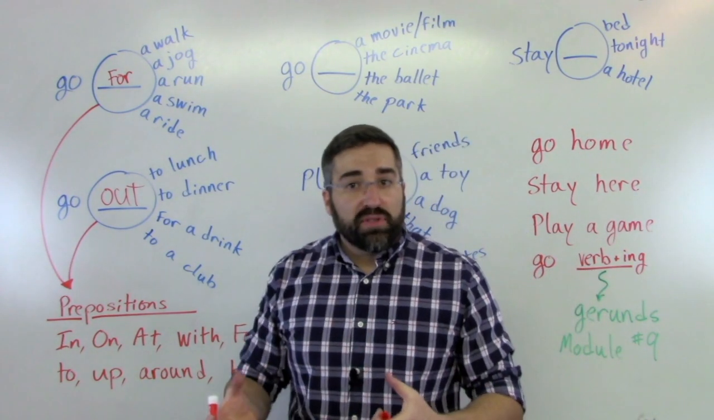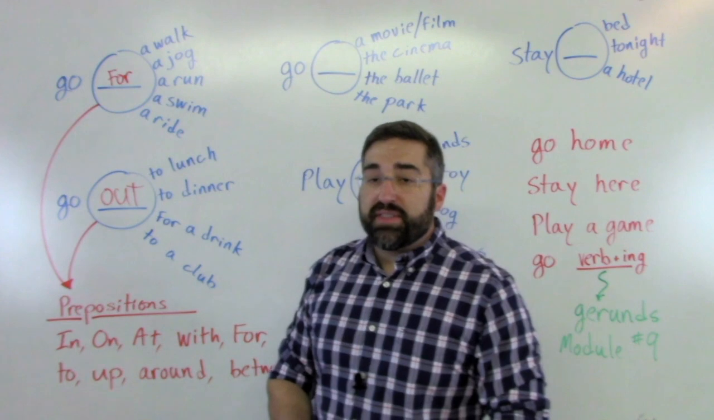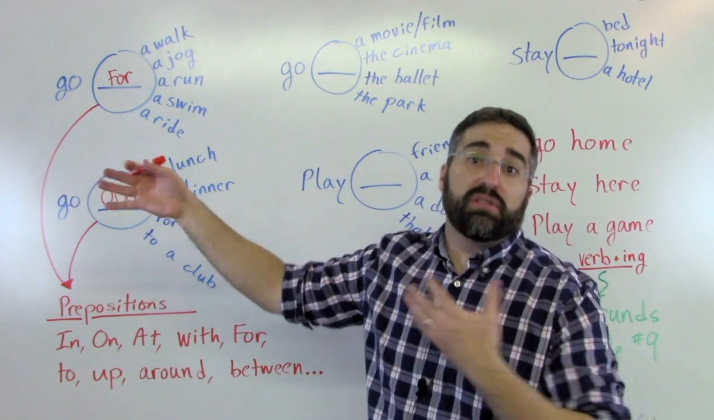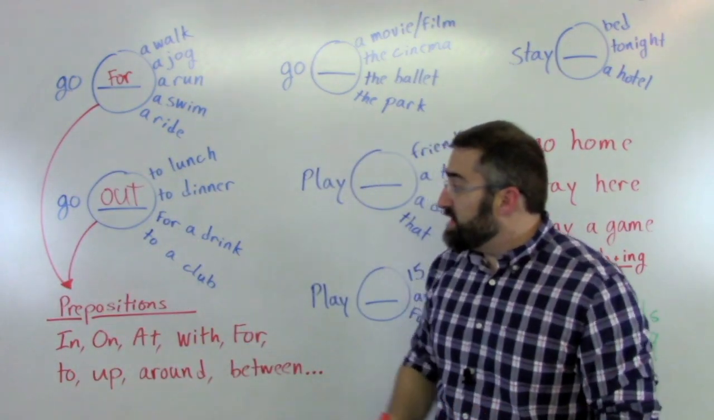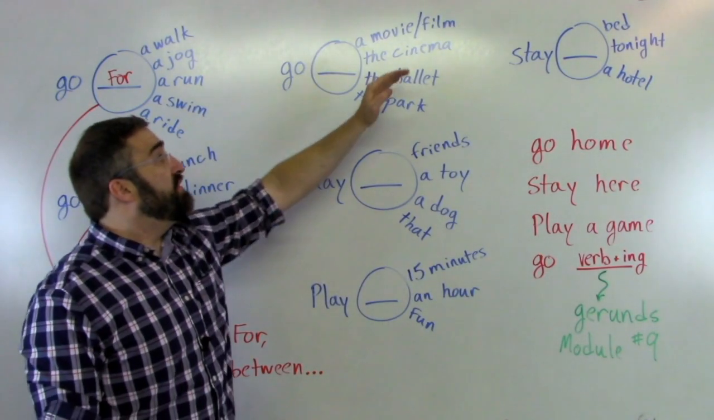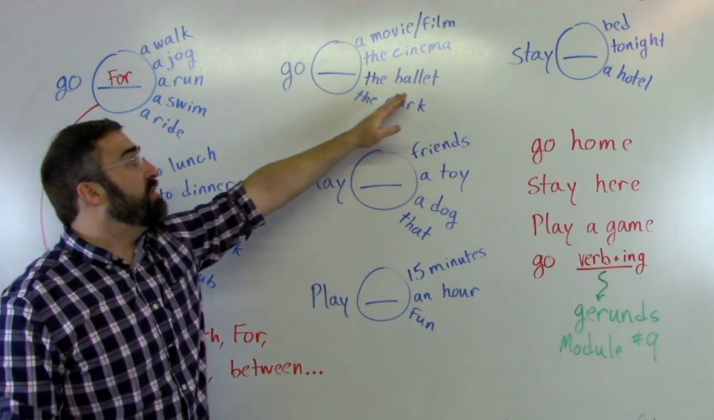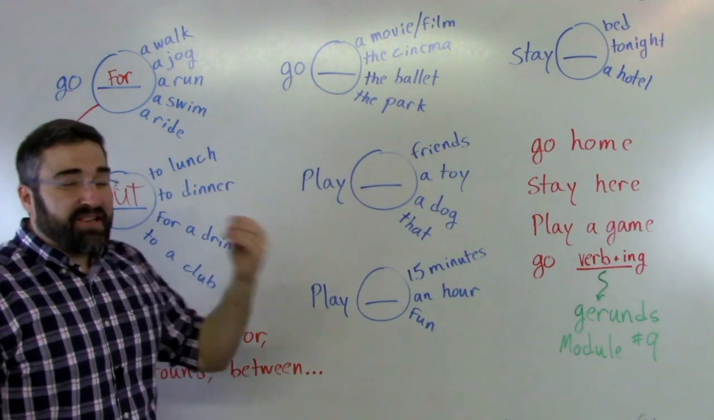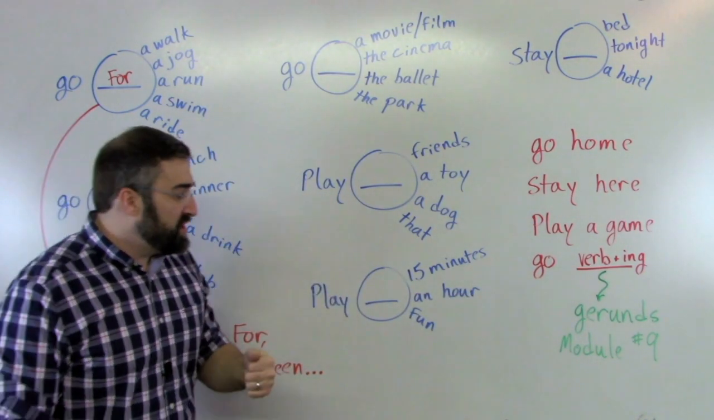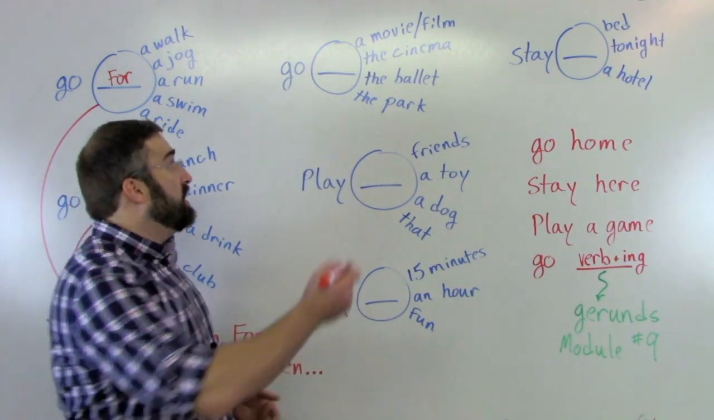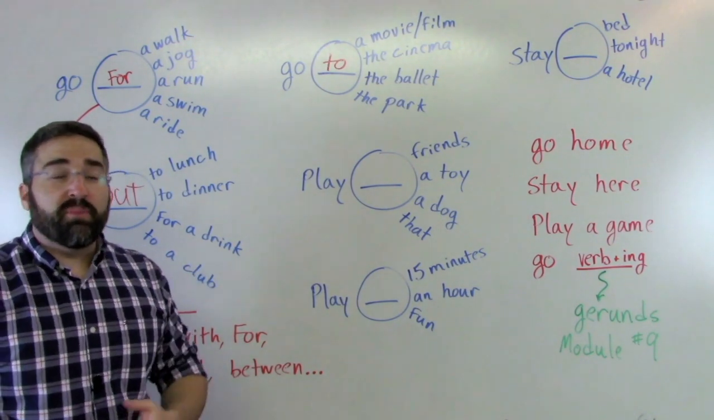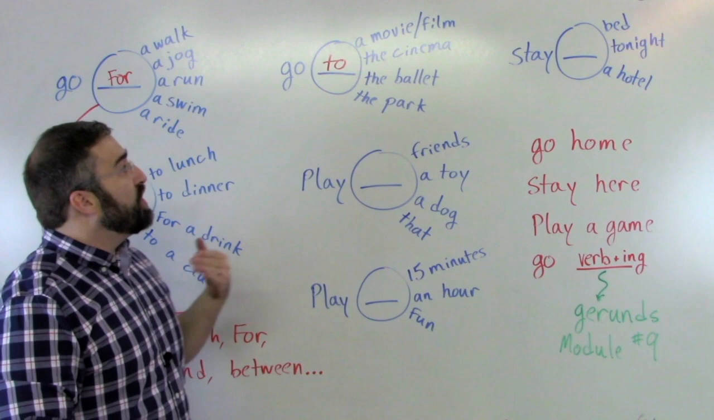This means go out. When we use the words go out, it means that we are leaving home. We want to leave our house and go out to the world and have fun and do interesting things rather than stay in, okay? Go a movie, go the cinema, go the ballet, and go the park. We have a very simple one here that tells us where we are going, and we use that preposition. Where are we going? Well, we are going to. Go to a movie or go to a film, go to the cinema, go to the ballet, go to the